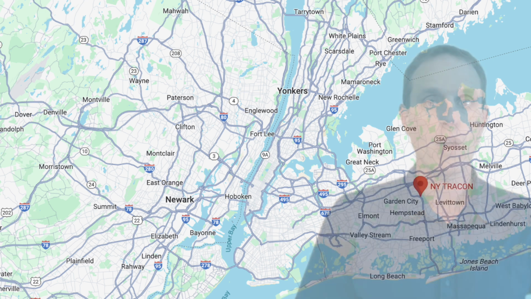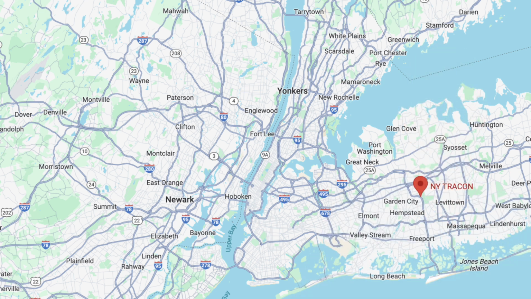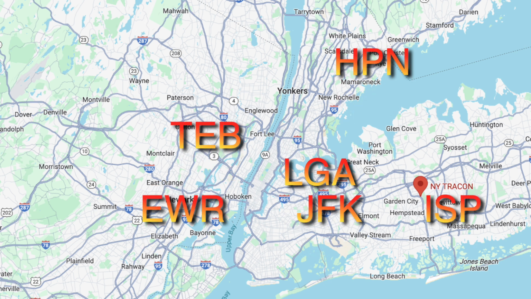Now that we have a baseline understanding of the architecture of a TRACON, let's take a look at some of the specifics of how New York TRACON worked until mid-2024. The TRACON is physically located a few miles east of John F. Kennedy Airport in Westbury, New York. Its airspace essentially covered the greater New York City area, including the major airports of JFK, LaGuardia, Newark, Islip, Teterboro, and Westchester County. The New York STARS is still hosted by the New York Air Route Traffic Control Center.